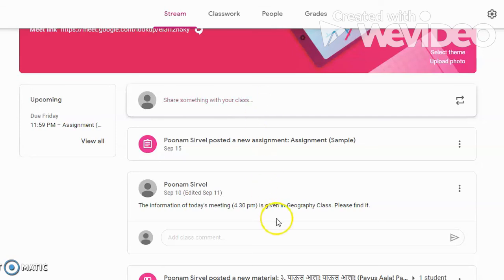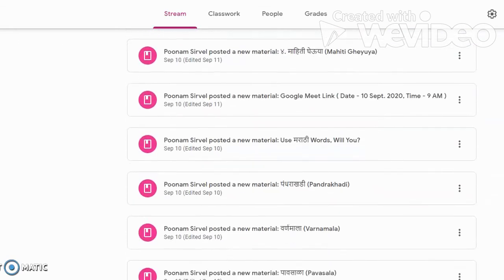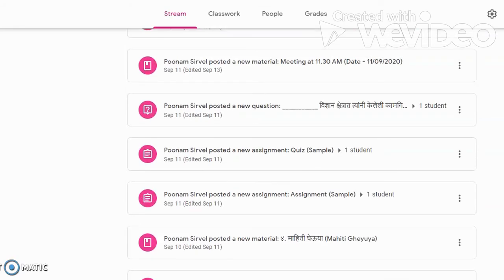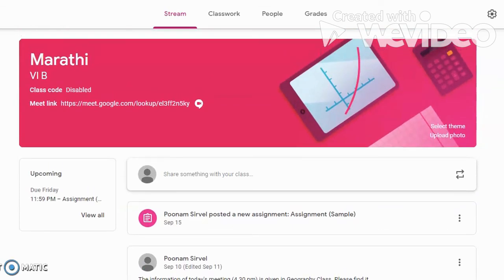When such kind of posts are made by 60 students, then the Stream tab will be flooded with messages. And so, the students will not be able to find the important announcements. For example, if you have sent a notice in the morning and a student opens her classwork after few hours, then the child will not know that a notice was put up because there will be many messages of the other students. The purpose of this stream tab is to announce or notify children that the assignment is uploaded by the teacher.